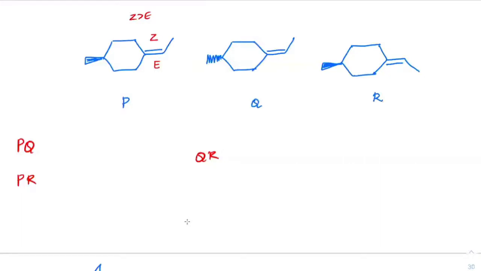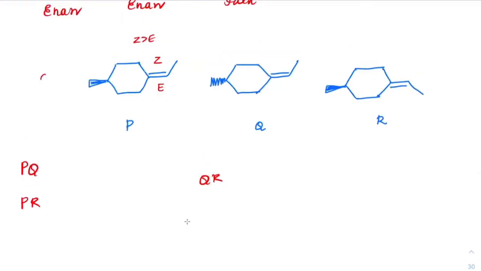On what criteria are you deciding the priority? If you have a carbon with 4 different groups, one side there is methyl, one side there is H, and this side also there is R, this side also there is R, as per this question. Now between these two R's, if there is any differentiating factor, then I can call this a chiral center. Yes or no?